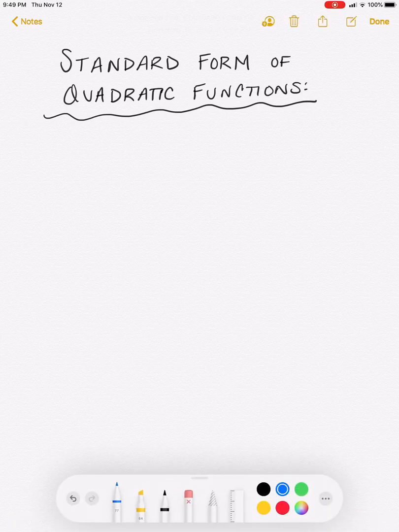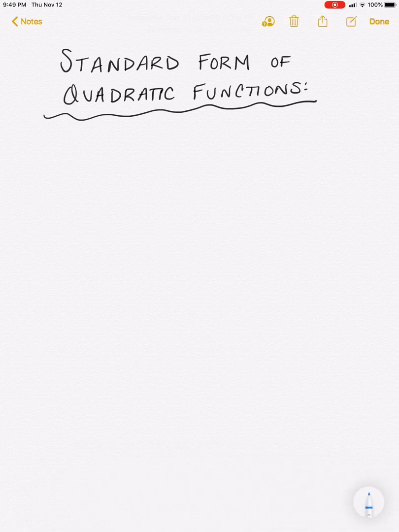All right, so at the top of a new page in your spiral notebook, I want you to title Standard Form of Quadratic Functions. Okay, we're going to start our new unit today, which we're moving from linear to quadratic. We're going to start by talking about the graphs and all three forms of a quadratic, and then eventually move into solving. So what I want to start with for today is talking about standard form, which is written as